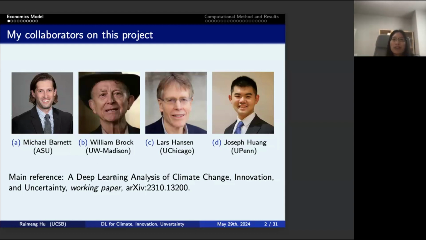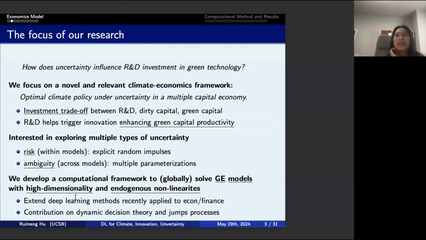The main reference here is our working paper, called a deep learning analysis of climate change innovation and uncertainty. We put it on arXiv last year. It's still a working paper, and hopefully we are able to submit it this year. Okay, so let me start with some